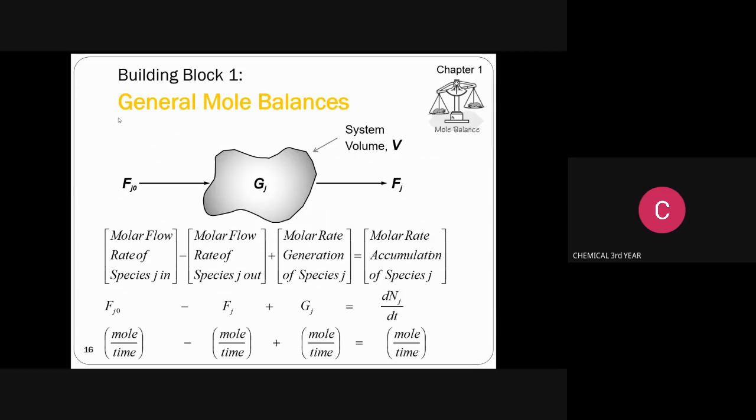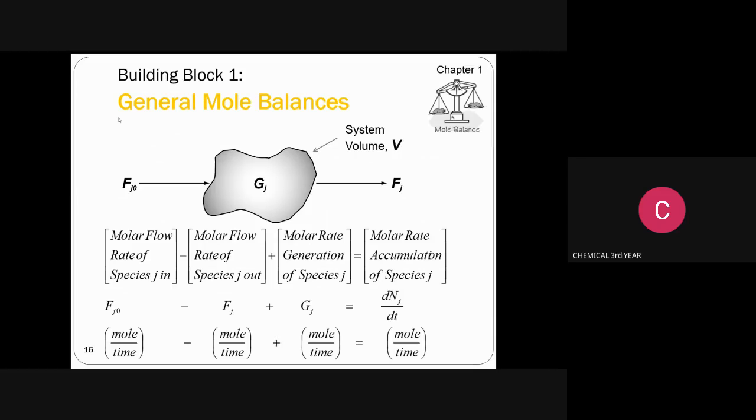general mole balance equation. General mole balance equation. Take a minute and read the slide. The general mole balance equation is: molar flow rate of species J in, minus molar flow rate of species J out, plus molar rate of generation of species J, all equal to the molar rate of accumulation of species J. Okay. Now we can state this general equation in theoretical form, but we have to denote the equation